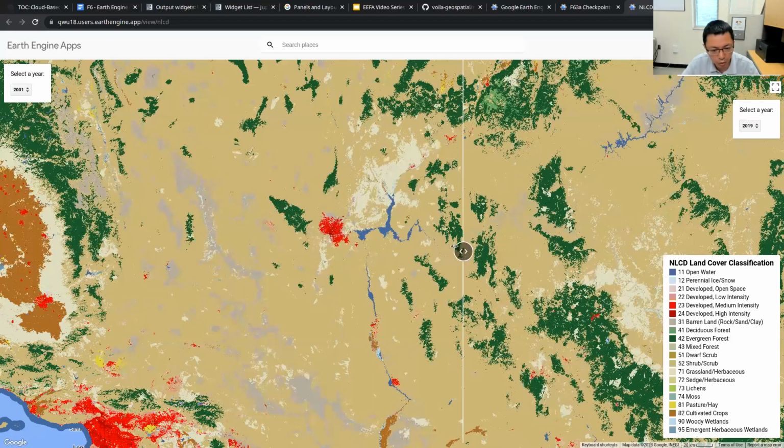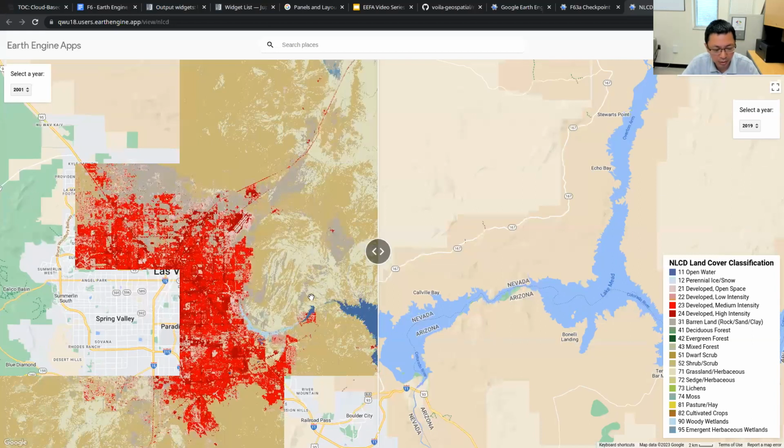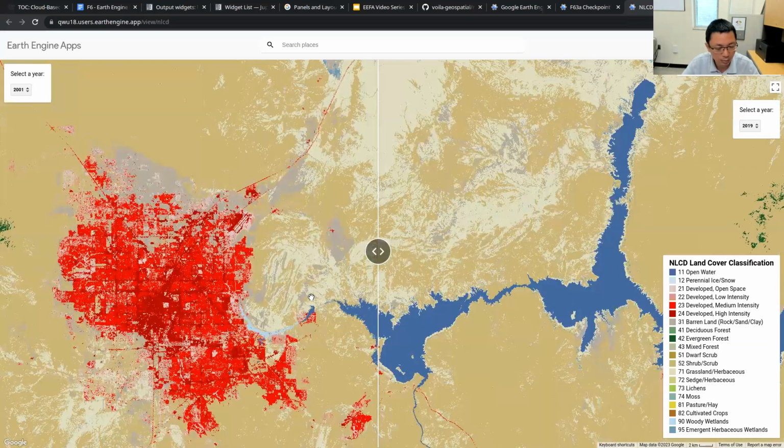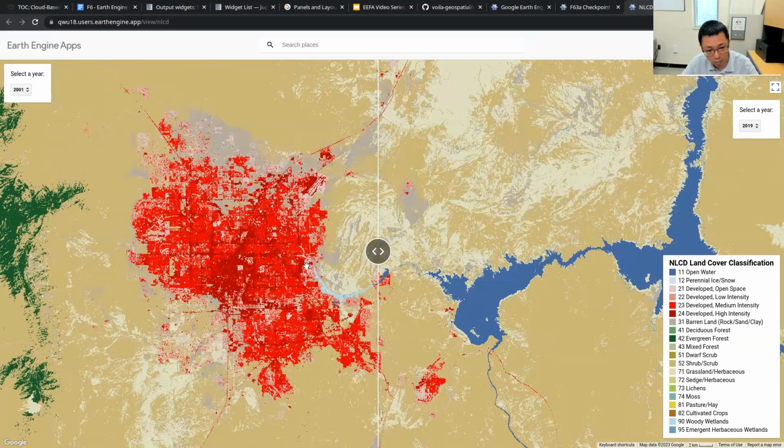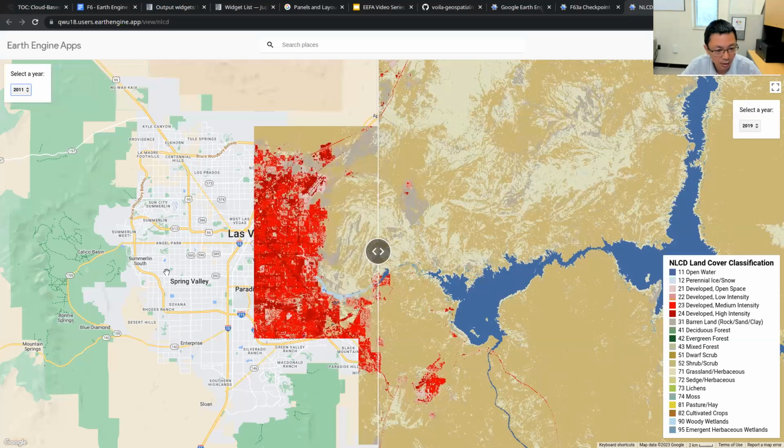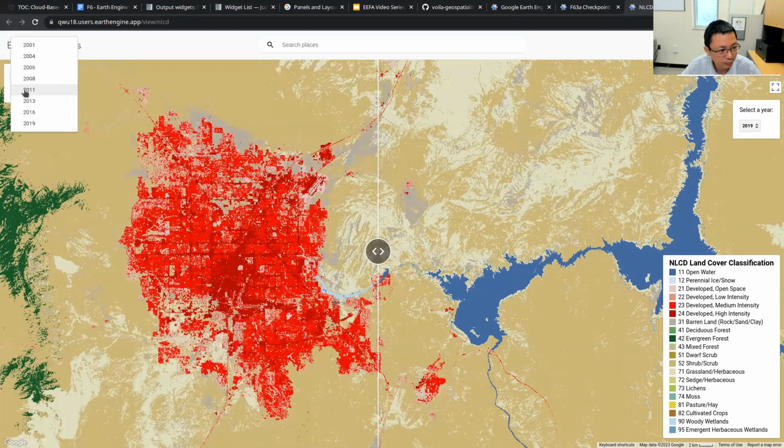And then users don't have to have a Google Earth Engine account. They can still visualize the data. So this makes your resource more accessible and also reproducible. You can add a lot more stuff to do analysis, but for now, it's just a simple visualization. So I can change the data layer. You should reload the data layer. If I change to 2009,